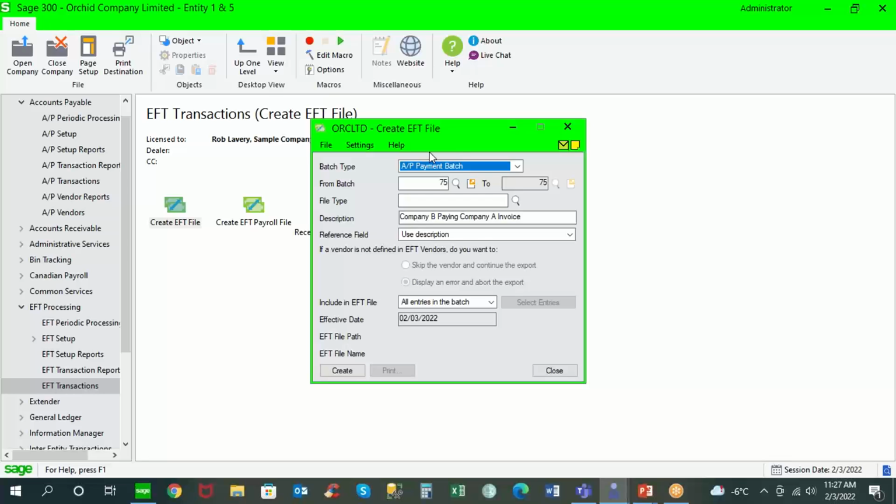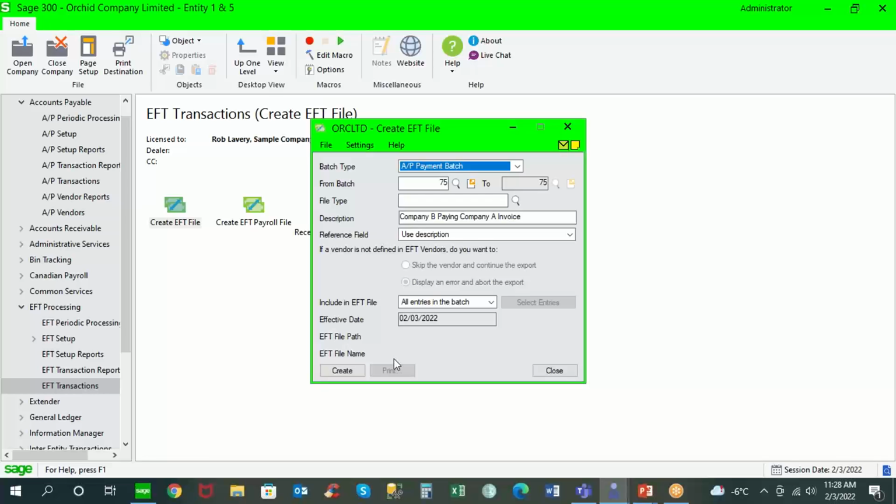You're using laser printers with laser ink. You're also having to have the cost of paper envelopes and the labor to fold and stuff those checks into the envelopes, and then the postage cost to put them in the mail. When we introduce EFT processing, or ACH, within Sage 300, we still need a payment batch, but now we're